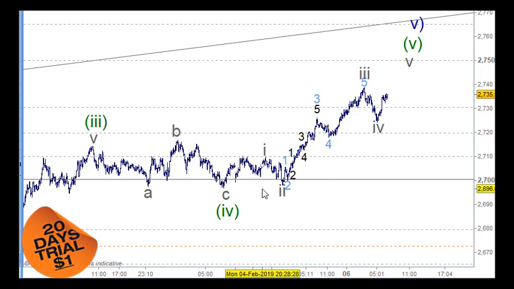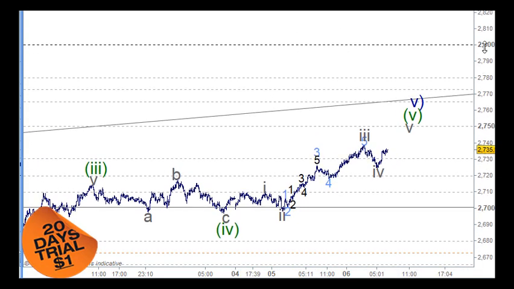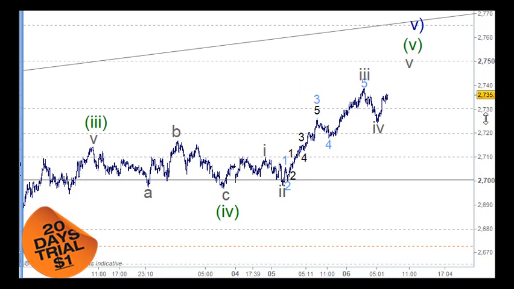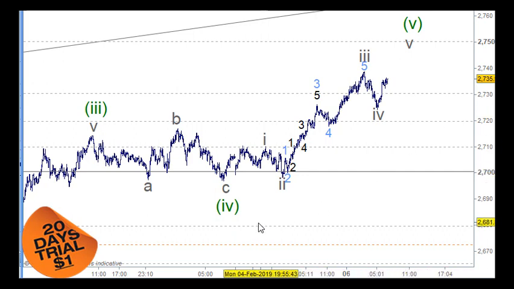It doesn't have to stop at the 61.8% mark. It could stop at some of the other marks too, and there's lots of ratios. There's ratios that take us up to the 2800 here. The 261 takes us up to the 2800 here. So it's not the be-all and end-all, but it does point out that it's quite